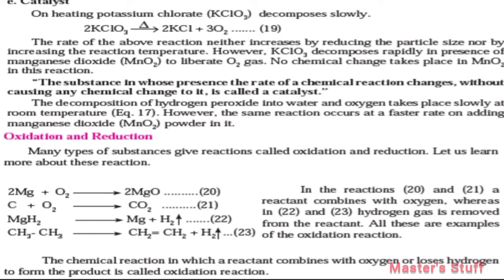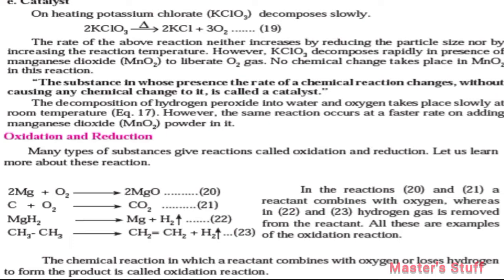Thus, MnO2 only acts as a supporting particle in this reaction and speeds up the reaction. Thus, the substance in whose presence the rate of a chemical reaction changes without causing any chemical change to it